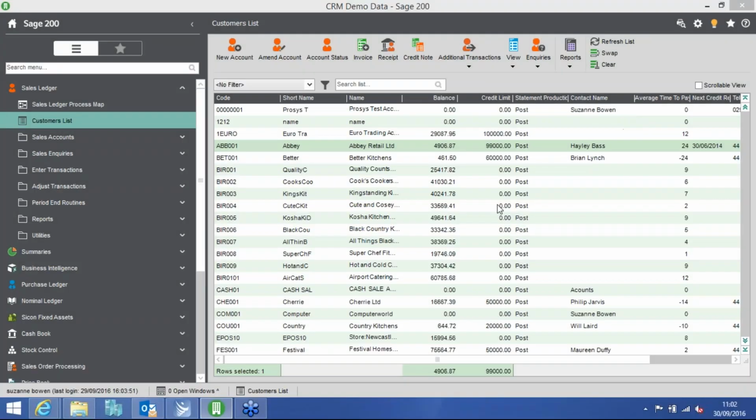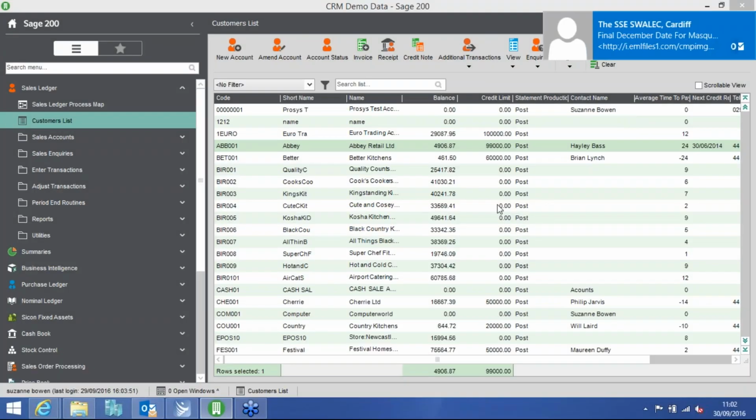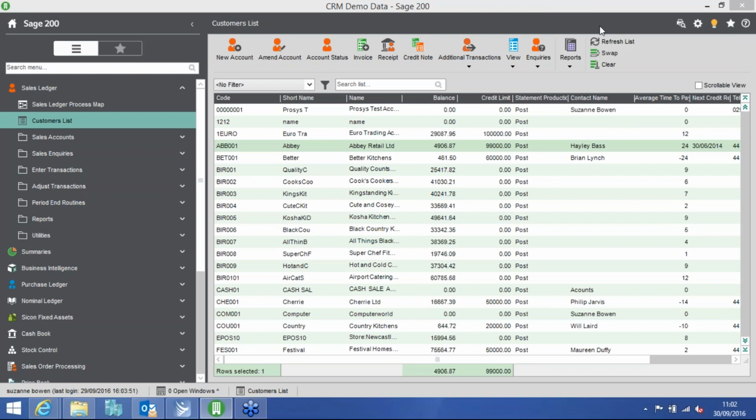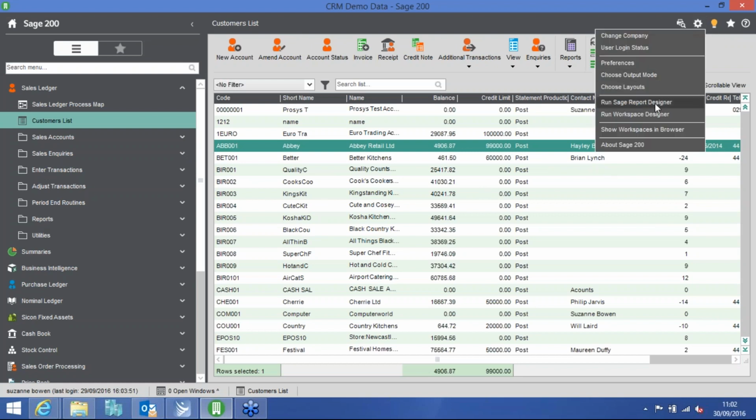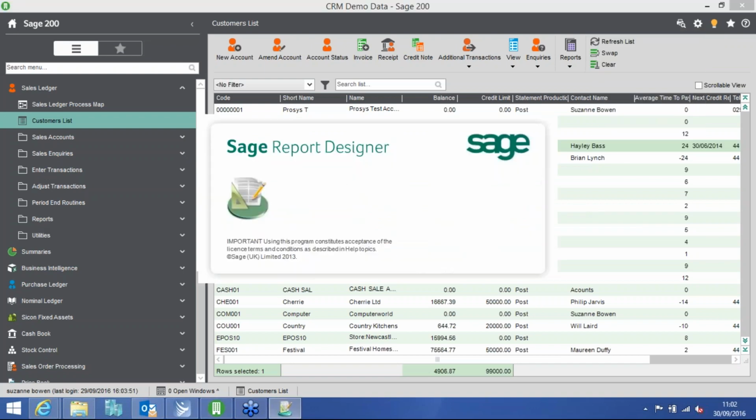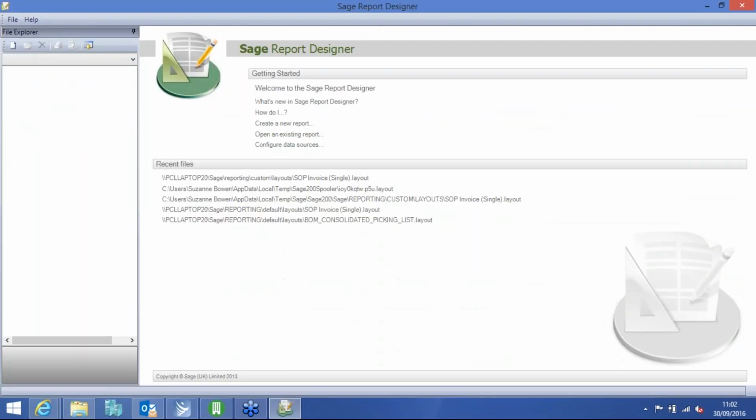And we're going to start off this morning by looking at the Sage 200 configuration process within the email settings of the report designer. Okay, so within Sage 200, we access our report designer using the Tools option, and then we run the report designer through that option. This morning's session is going to be based on our invoicing document, but this process is